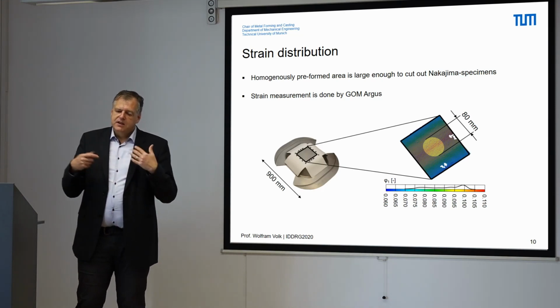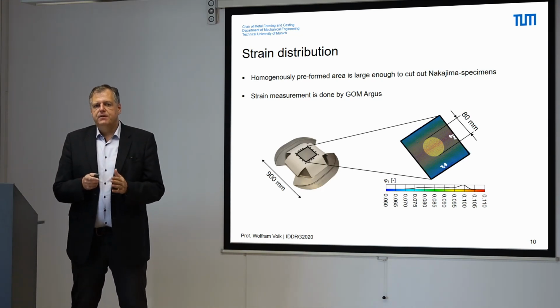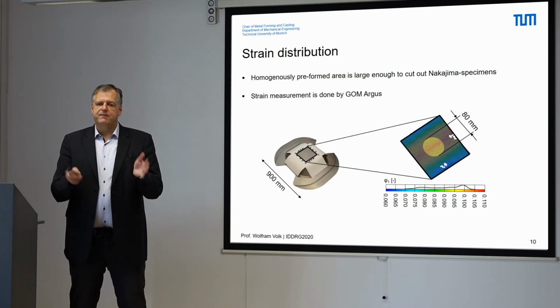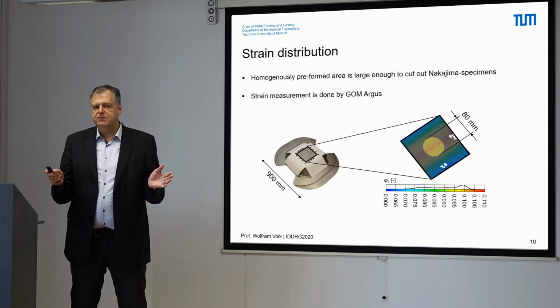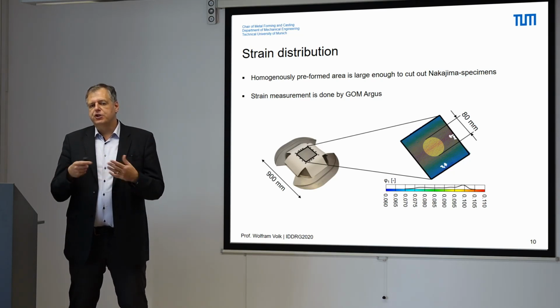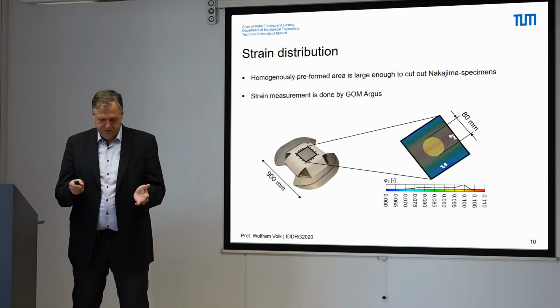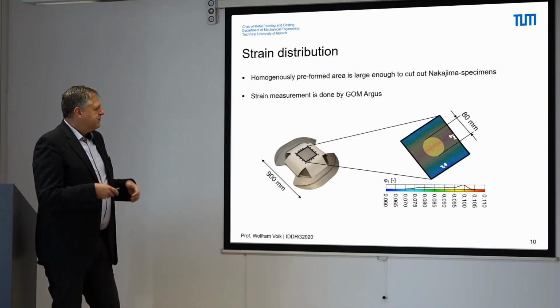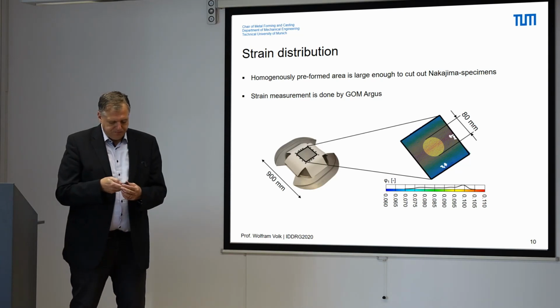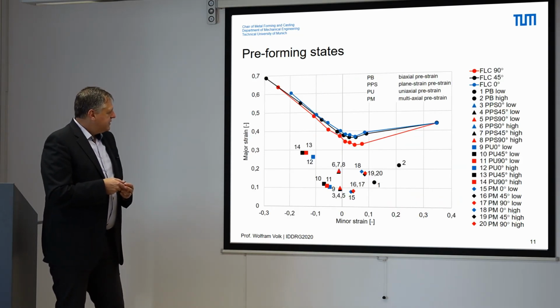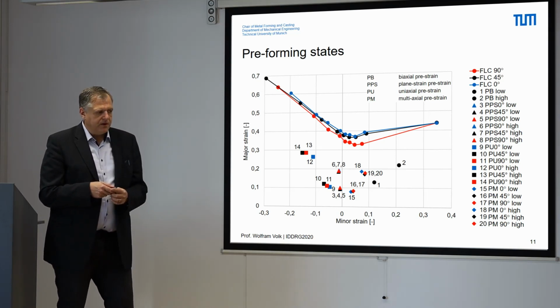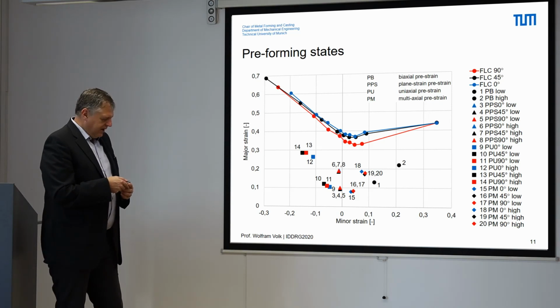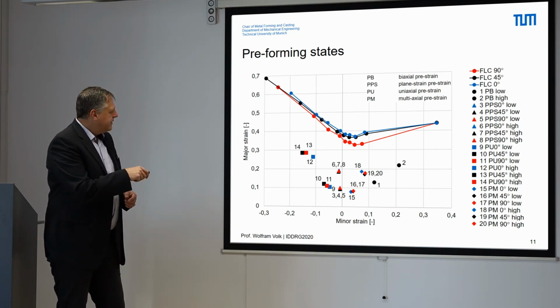So we can fix at this point that we have a tool where we have the option to do any preforming steps, and with a sufficient homogeneity to do secondary tests. Now the hard work begins. That means we are doing many tests, as you see here. In total, 20 tests with a sufficient number of repetitions where we vary the loading direction and also the